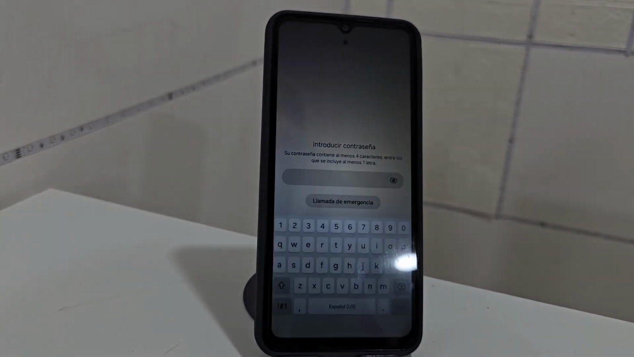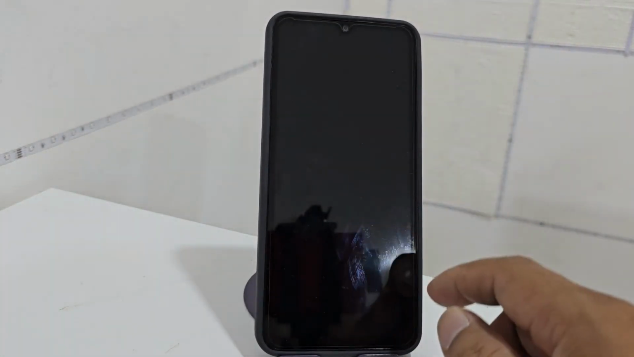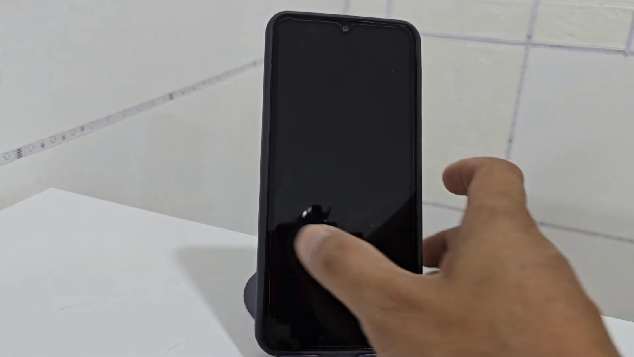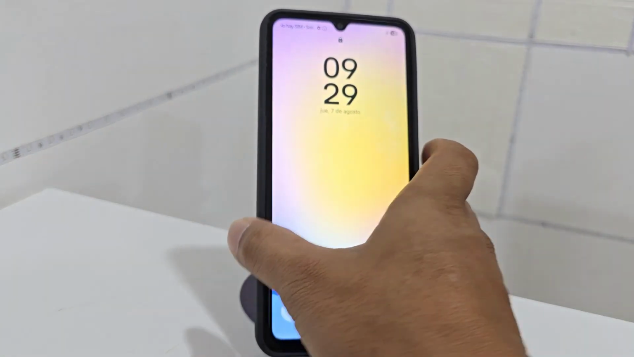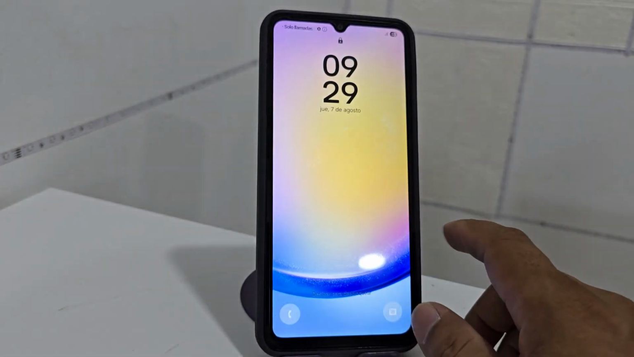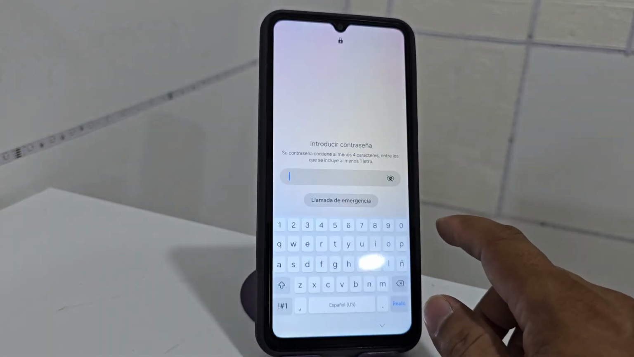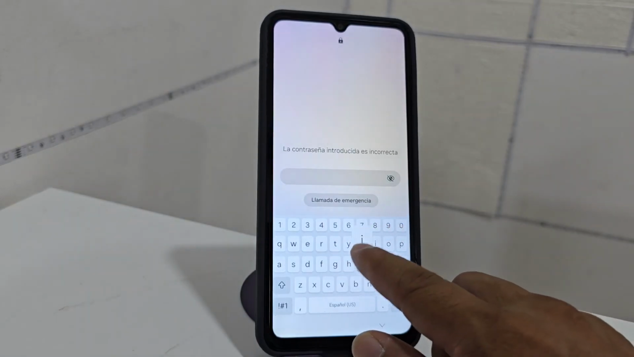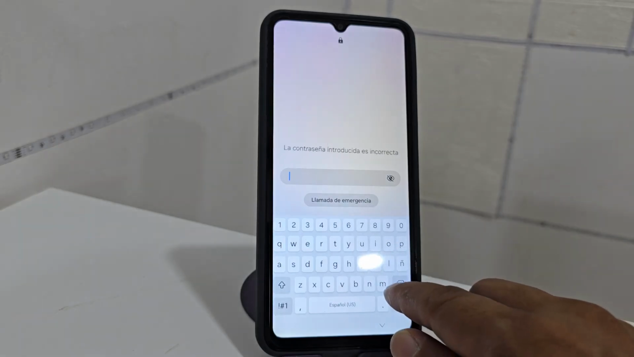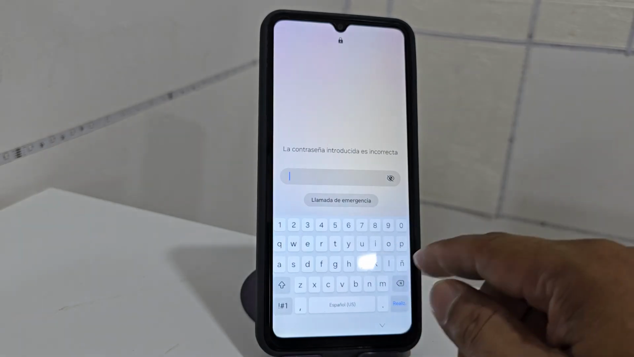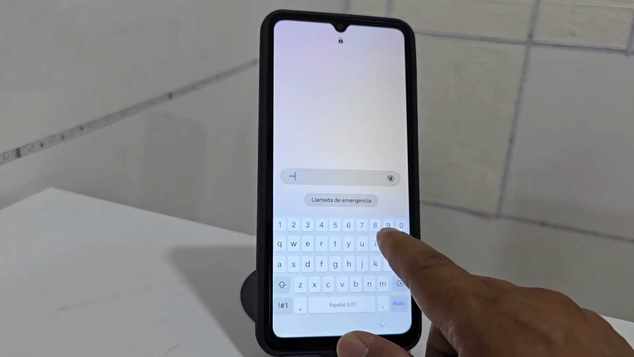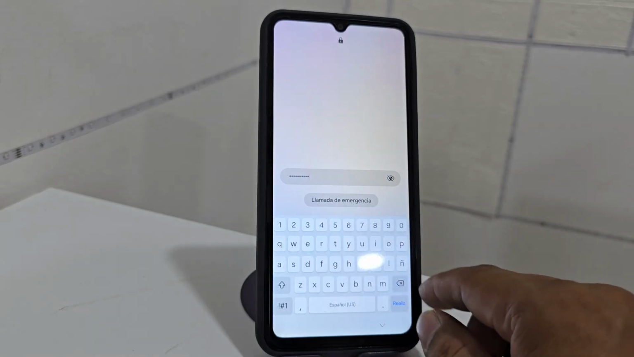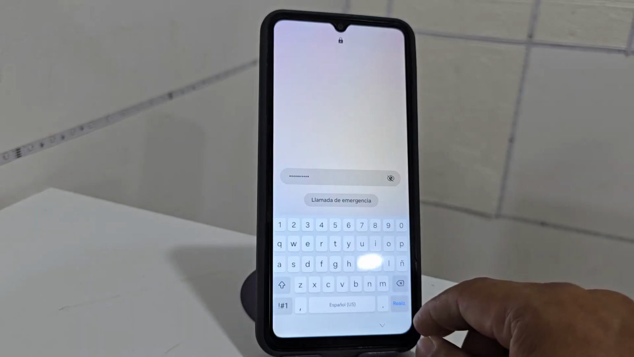Well, today we have here this device which we are going to recover. This device was left with a screen lock, and we no longer know the lock. What are we going to do? Well, in this video tutorial we are going to explain step by step how to recover your device if it has this lock. What we are going to do first of